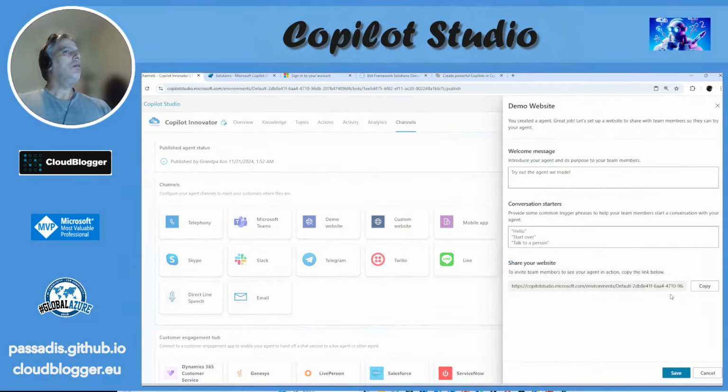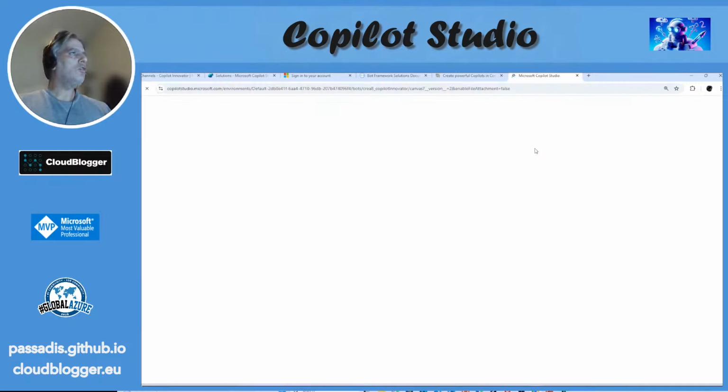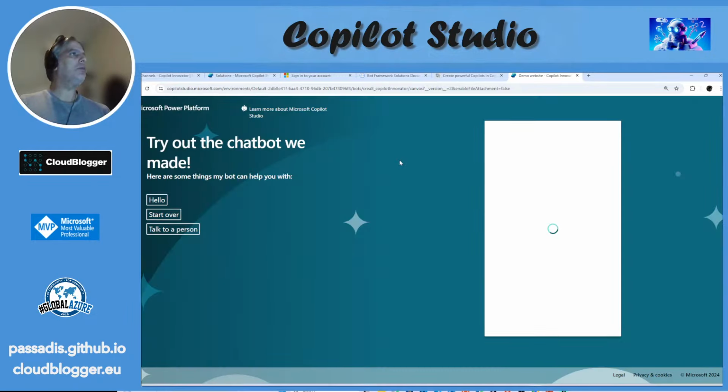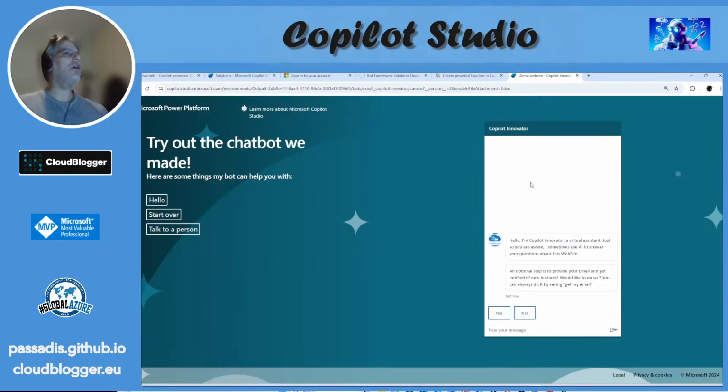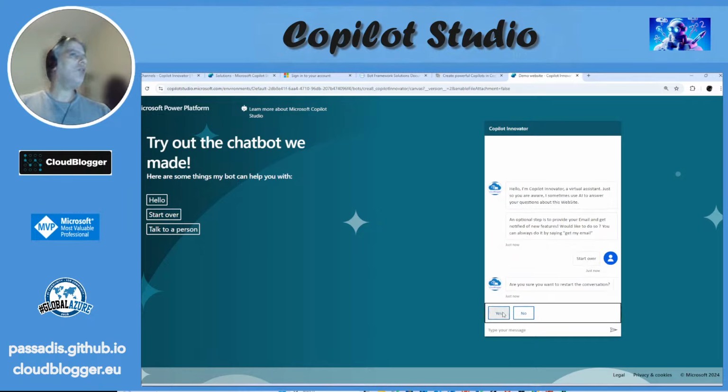There is this great thing available before we do anything. Microsoft provides a demo website just to start interacting and take a grasp of the experience with the visualization as well. So this is actually what we're going to see, or what we are expecting to see, if we integrate our Copilot in a website. This is a demo website, and I can click here with Start Over,